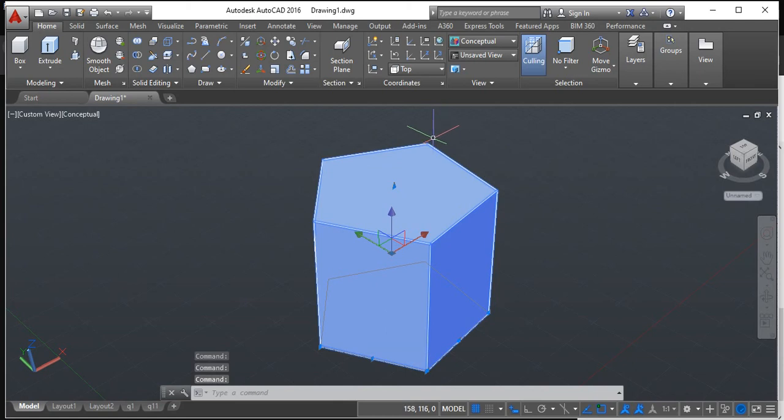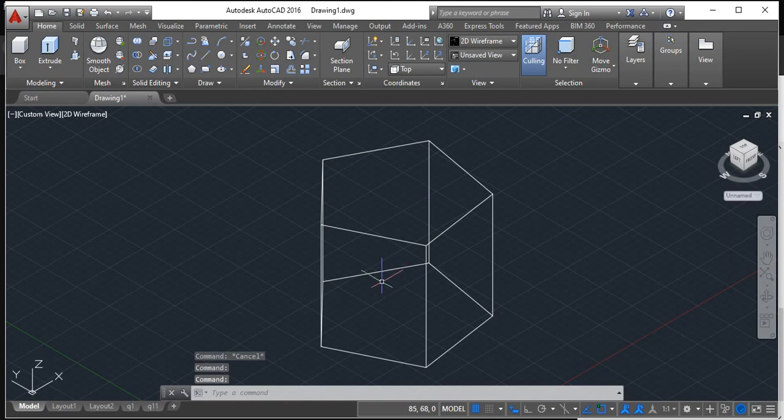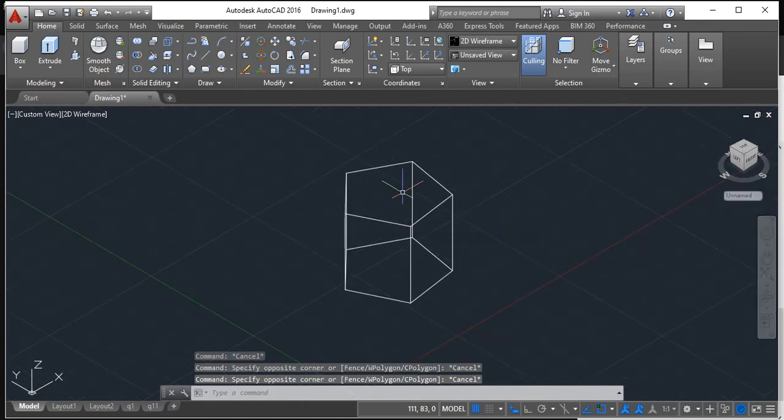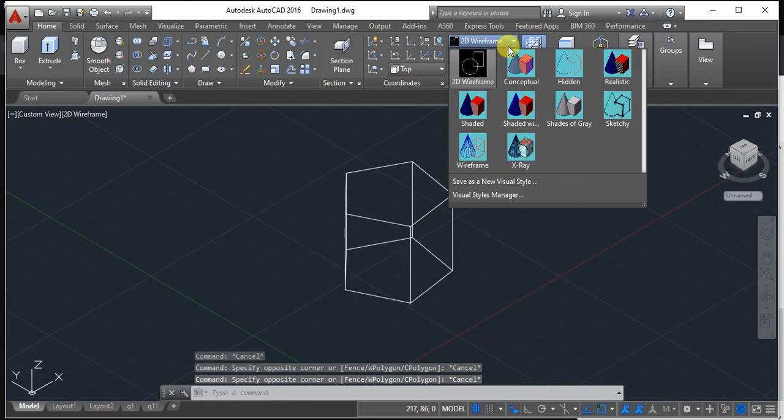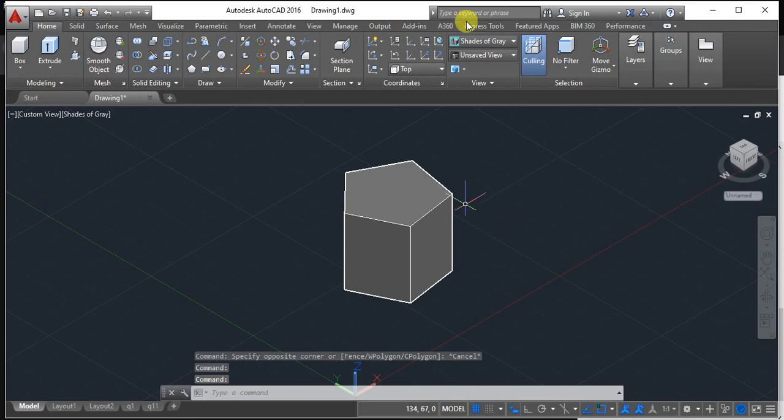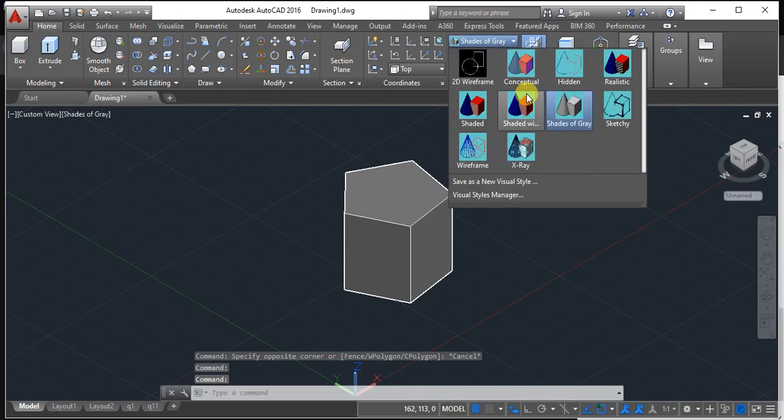This corner is called an edge, this edge part. And when two edges join together, that is called a corner. This is face. If I just switch to the 2D wireframe, you can understand. This is one particular side, bottom base and top base and axis height. It has certain components like this. You can rotate or do whatever with this particular thing.